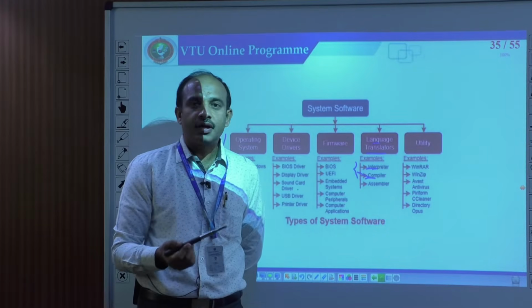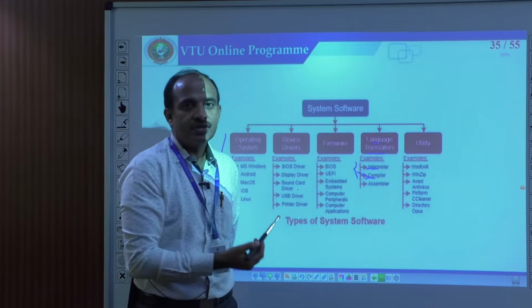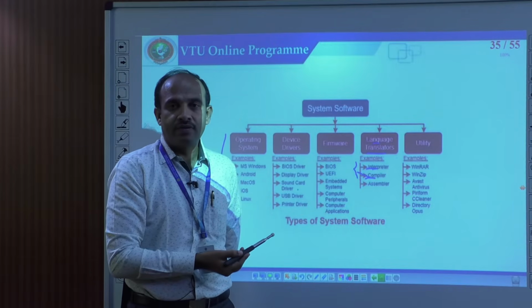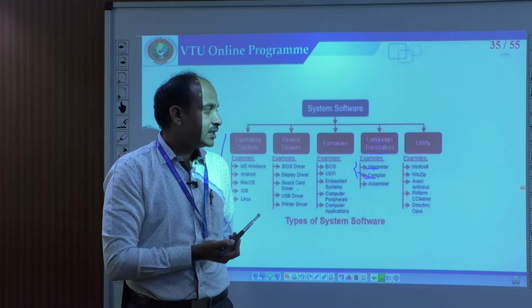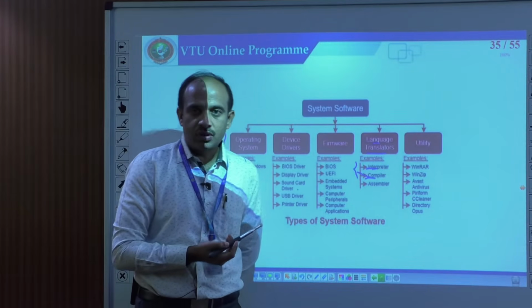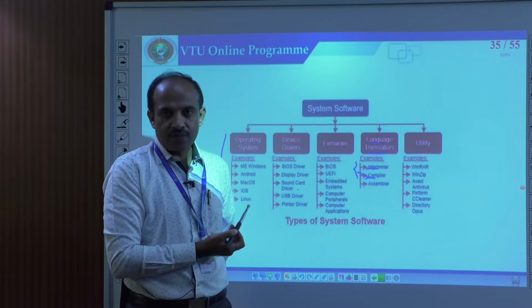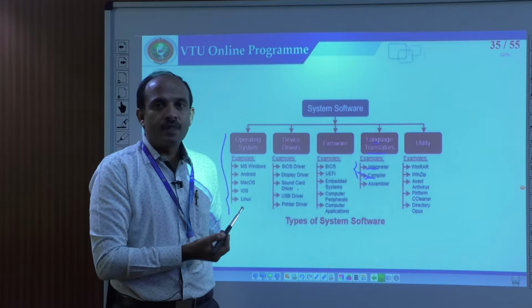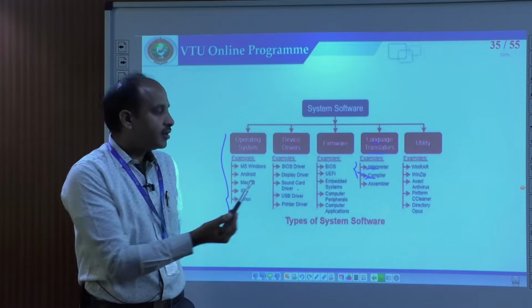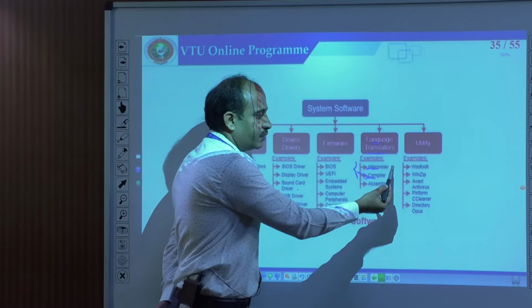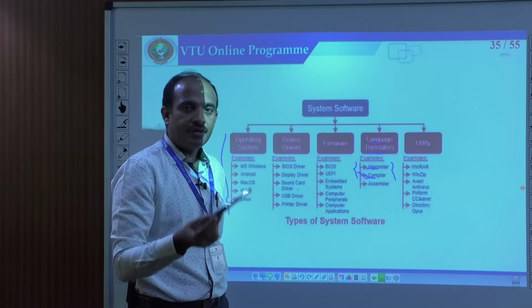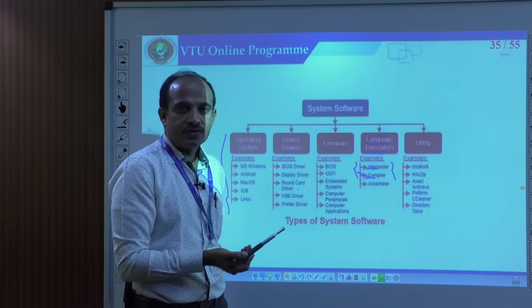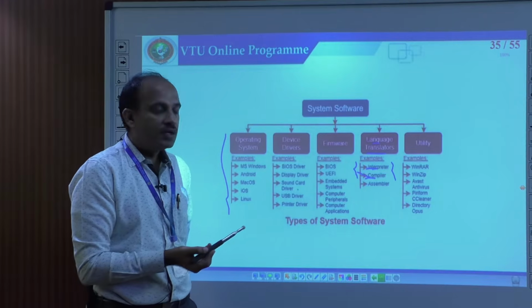Both interpreter and compiler will translate the language from high level to low machine level. Then why do you need two translators, even though both do the same job? Because there is a very thin layer of difference between these two. Interpreter also converts from high level to machine level, and even the compiler does the same thing, but the difference is